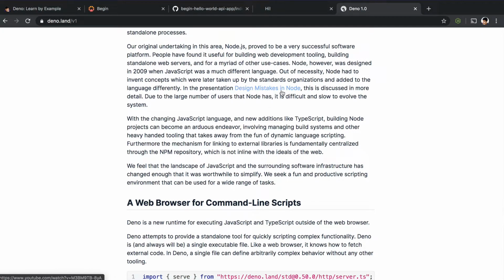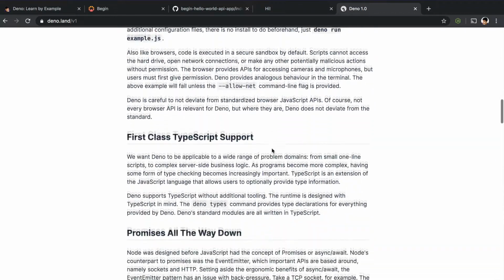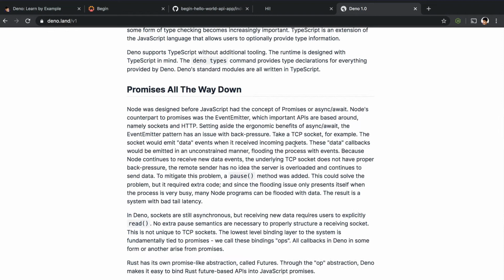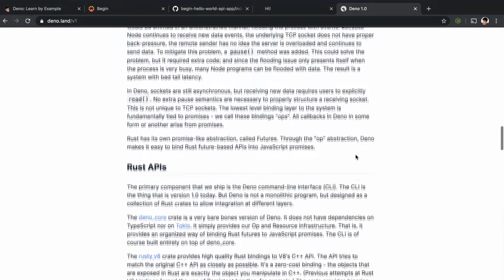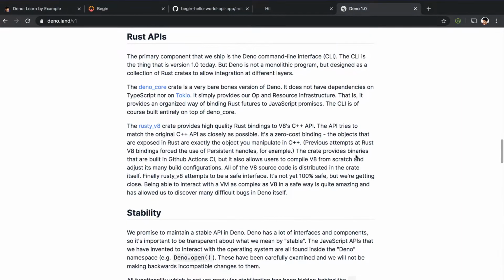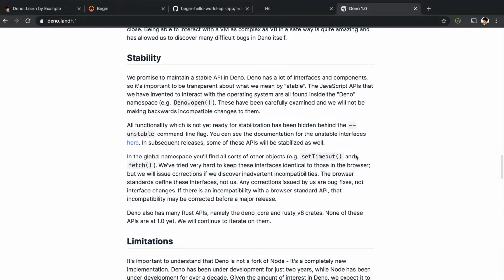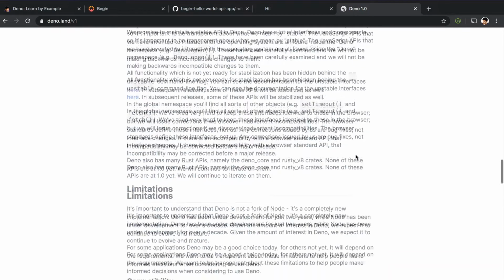Watch the design mistakes in Node.js presentation by Ryan, and then take a look at what promises are being made, how Deno is going to support all the standard APIs inside your web browser, so you can actually compare this command line JavaScript runtime to an actual V8 engine, and all of the promises that are being made, how they're using the REST API, the stability of this particular version, the limitation